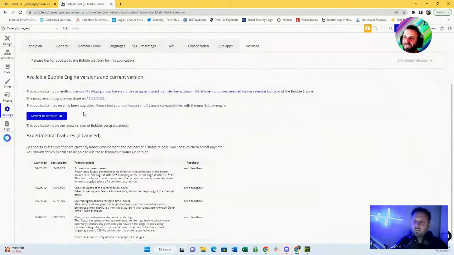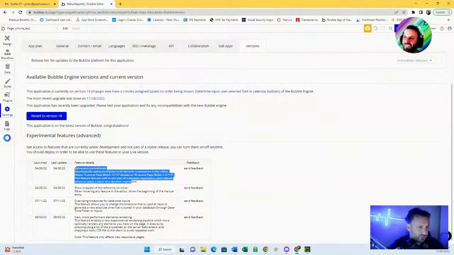It's interesting that these experimental features down here haven't been added yet. The expression parentheses, I feel like they did that a while ago. I feel like that should be part of the stack at this point. Like, shouldn't they just release this version? I mean, everybody was asking for this. You still have to toggle it on and off, right? So this would be,